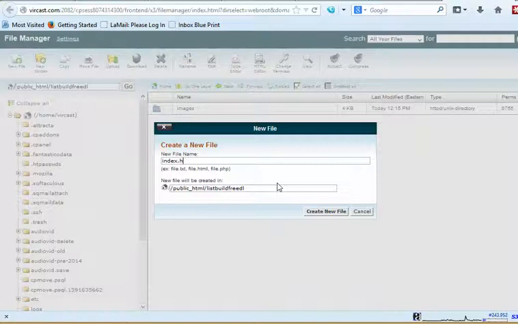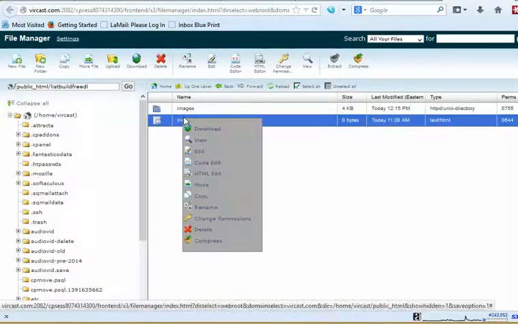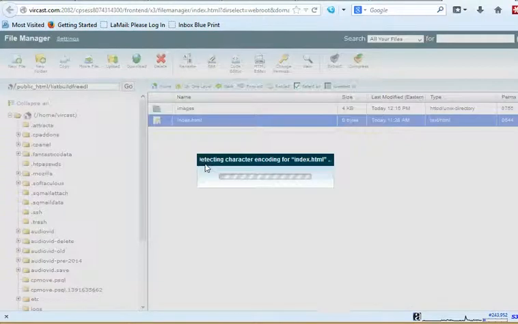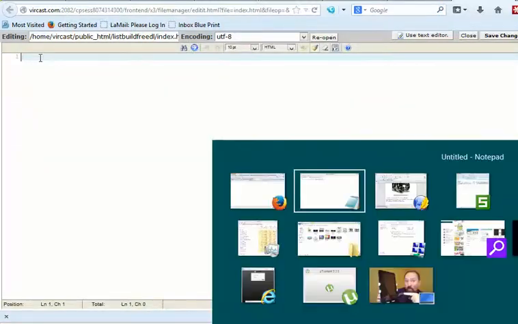Index.html. Create the new file. I'm now going to click on it, right click, and have it open up in code edit. And I'm going to say, yes, that's how I want it opened up. It's going to give me a number 1 right here in a second. There's the number 1. And now I'm going to take the code that I just created